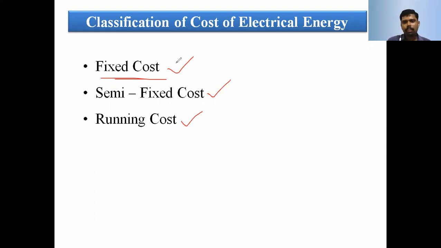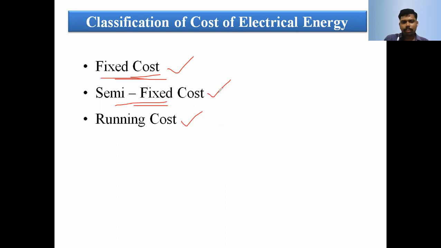And based upon the plant, for a thermal power plant the fixed cost is different, for a hydroelectric power plant the fixed cost is different, for a nuclear power plant the fixed cost is different. For a hydroelectric power plant, the cost is increased because we need to construct the dam, reservoir, and so on. The semi-fixed cost means that is